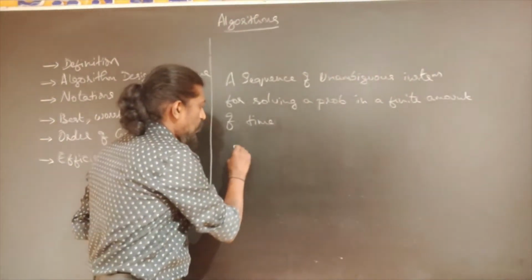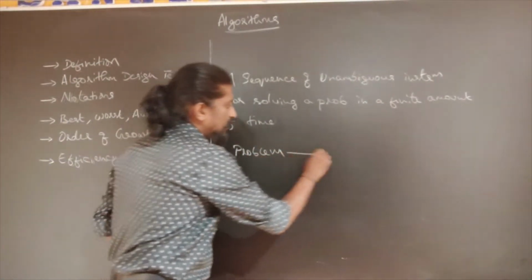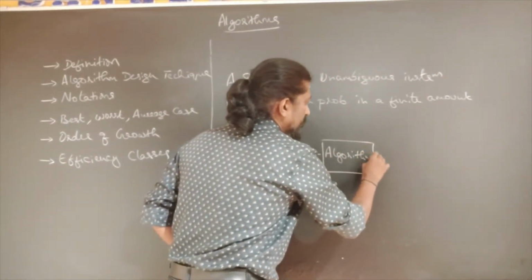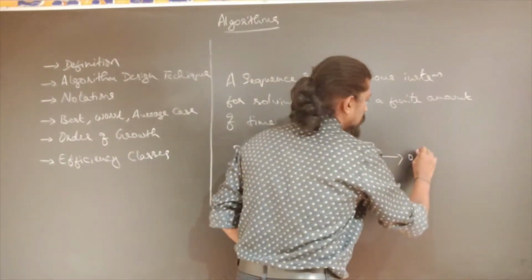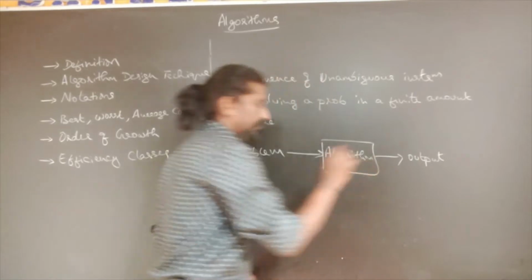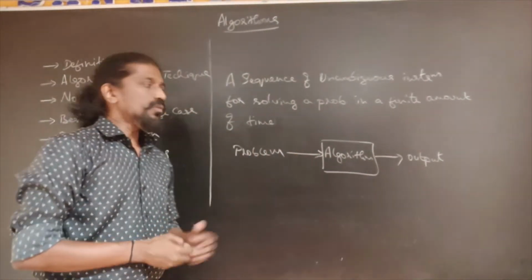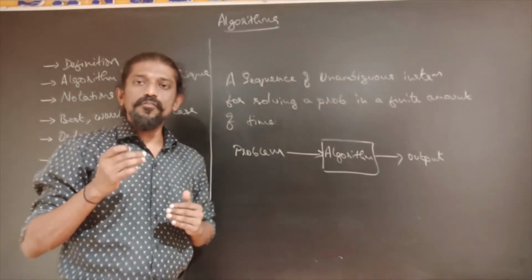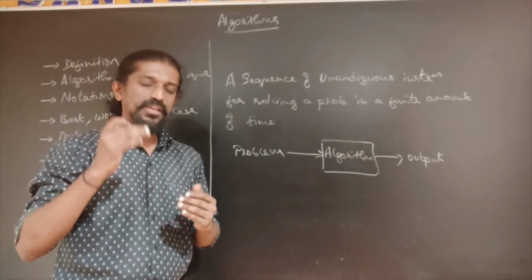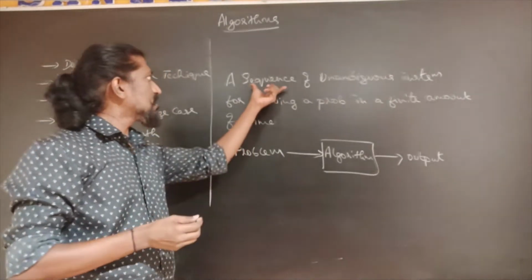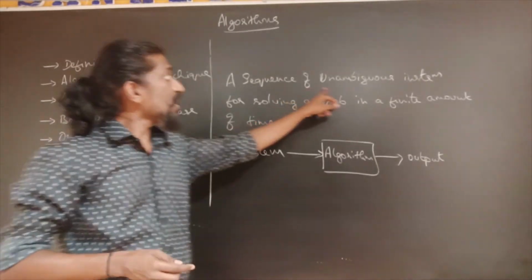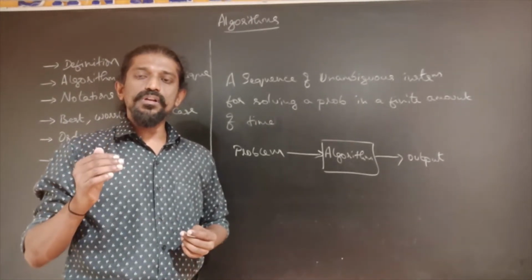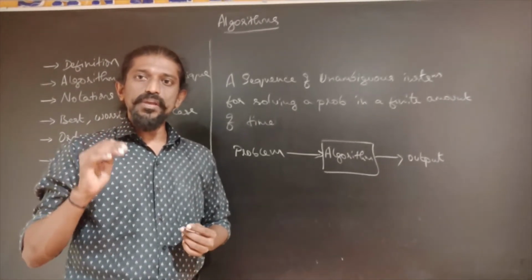Okay, so we have a problem, and to solve this problem we will apply an algorithm and we will solve the problem and get output. So this is the notion of an algorithm. So any algorithm should have a sequence, means an algorithm will consist of many instructions. Okay, we give instructions to the computers one after the other, therefore it consists of a sequence of instructions, more than one instruction, unambiguous. Another important requirement for an algorithm is that the instructions that we give to a computer must be unambiguous, means there should not be any confusion.